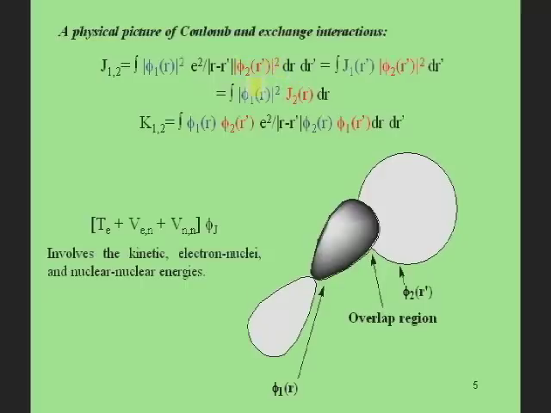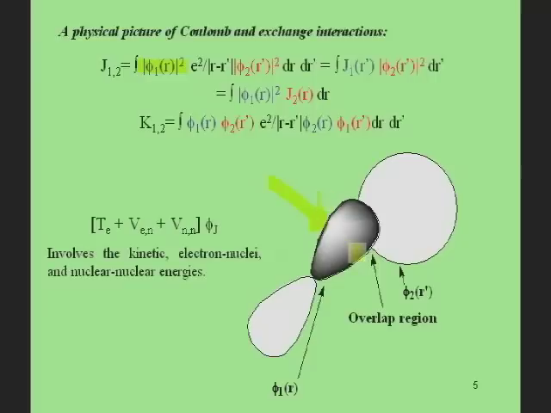Now physically this means I'm an electron r, and Monica is an electron r prime. e squared over |r minus r prime|, the distance between the two of us, is our Coulombic interaction. Phi 1 squared is the probability cloud, the probability density of finding me at some point r in space. So if I'm an electron in that spin orbital phi 1, then phi 1 squared of r gives the probability density. So for example, if this p orbital here is the orbital in which I, the electron r,